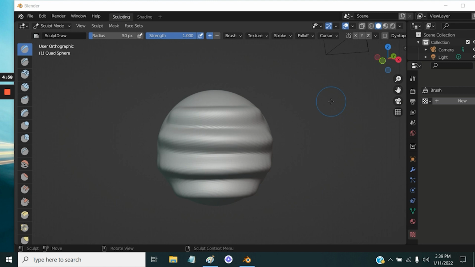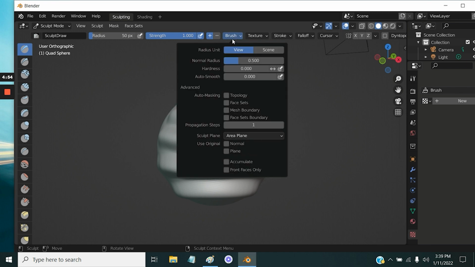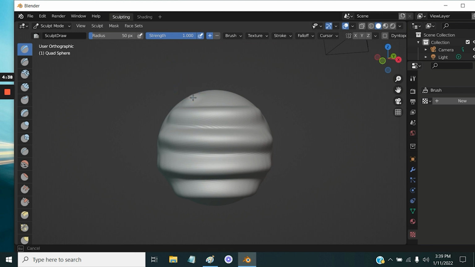Now we'll look at just a few of the menu items, starting with the brush menu. We've already gone over radius unit. Normal radius is how sensitive the brush is to the surface of the object. So a helpful hint for figuring out what these sliders do, and there's a lot of them if you go through all the other brushes, is you try setting the slider really low,